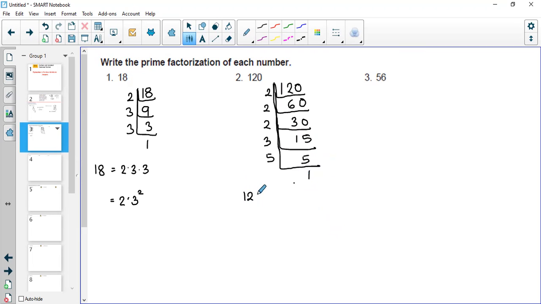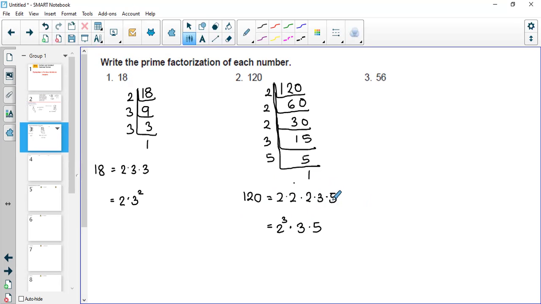It's 120: 2 multiplied by 2 multiplied by 2 multiplied by 3 multiplied by 5. How am I going to write this using the exponential form? 2 to the power of 3, because I have 1, 2, 3 2's, multiplied by 3 multiplied by 5. For a quick check, just multiply them mentally: 2 2's are 4, 4 2's are 8, 8 3's are 24, 24 5's are